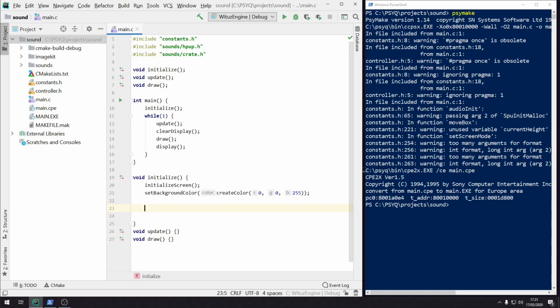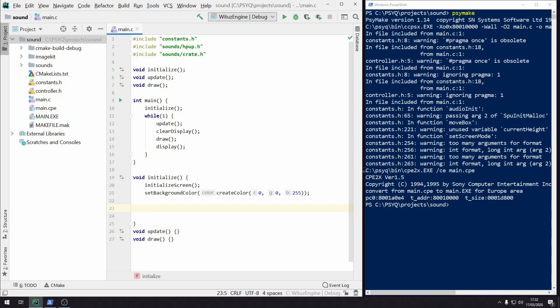Because on the actual PlayStation, there's a device called the SPU, or the sound processor. What this thing does is that it's just a memory for the sounds. So if you want to play a sound, you need to copy the sound into this area of the memory on the PlayStation. So you need to move the sounds into the SPU and then tell the PlayStation to play from the SPU. So that's how it works, very basically.